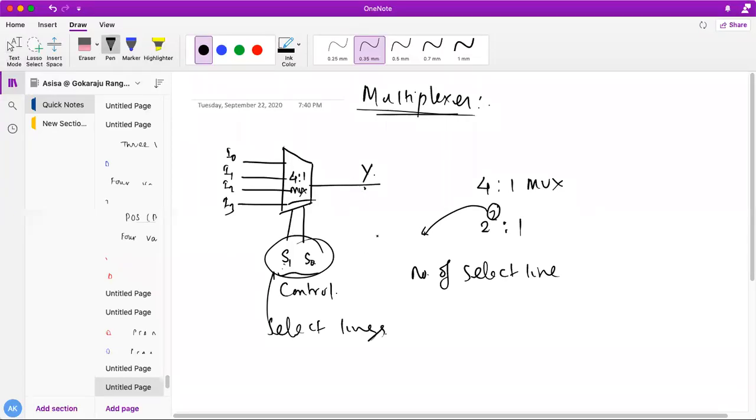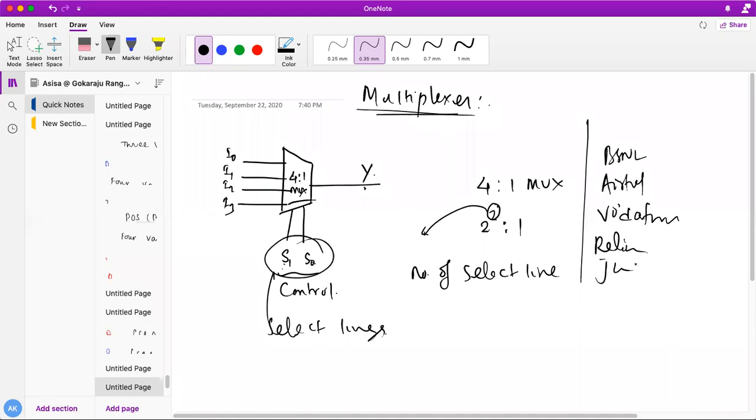Okay, so mainly, one example I can give over here is that we have many telecommunication signals, like BSNL, someone has Airtel, someone has Vodafone, Reliance, Jio, many things are there.